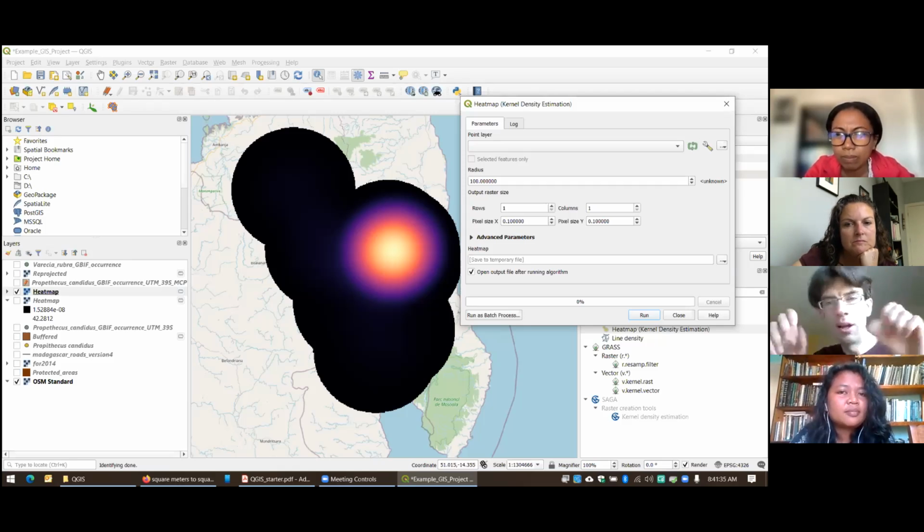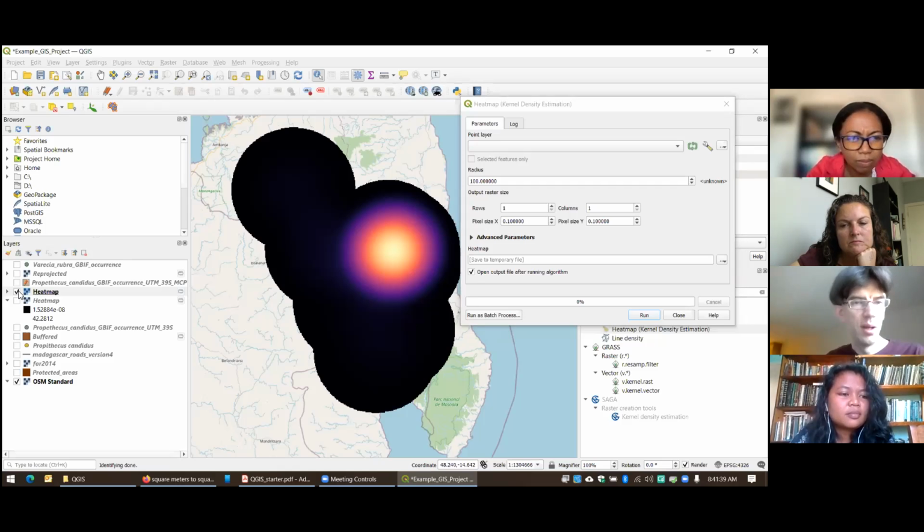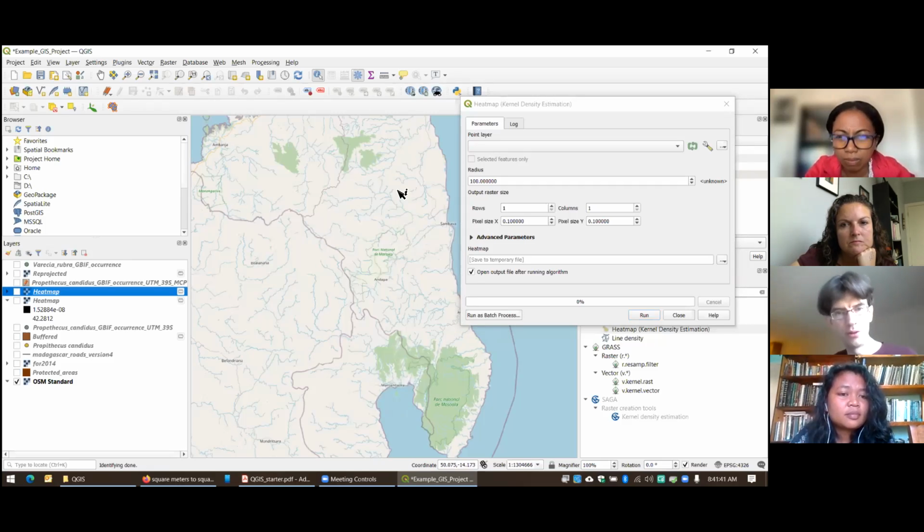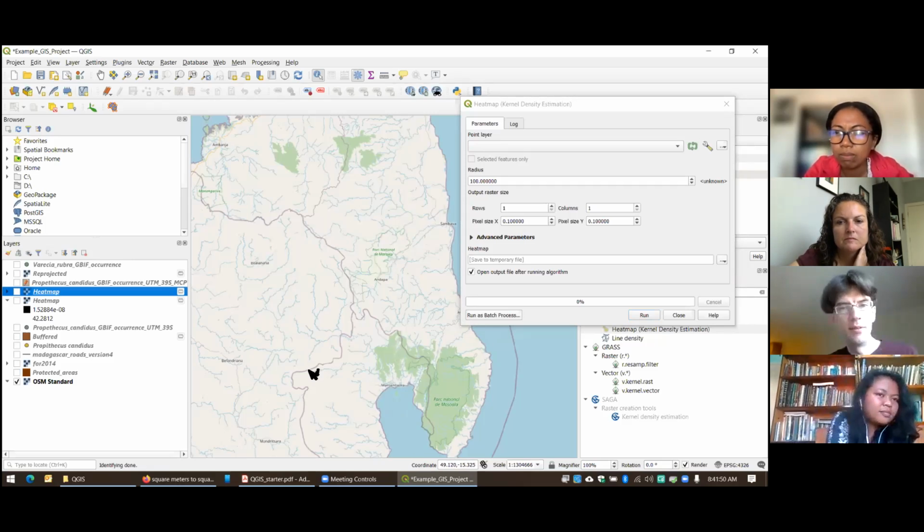If you've got a lot of points, it's not really useful here because we have very few points. But if you have thousands of points across your landscape, and it's just a lot of information to look at, right? The heat map can be a way to make the information easier to look at,